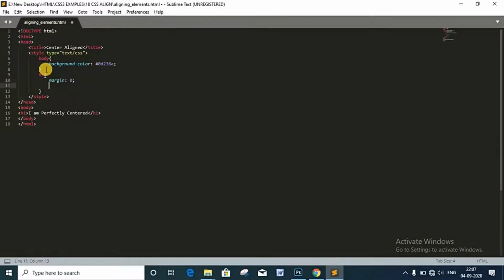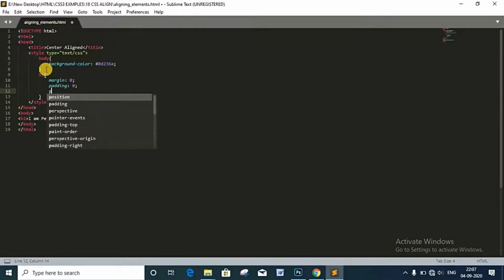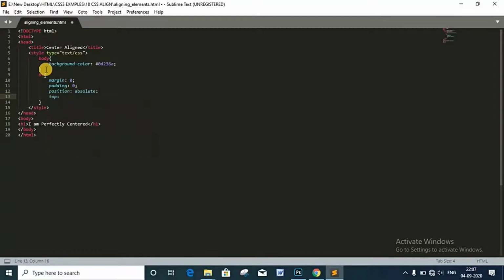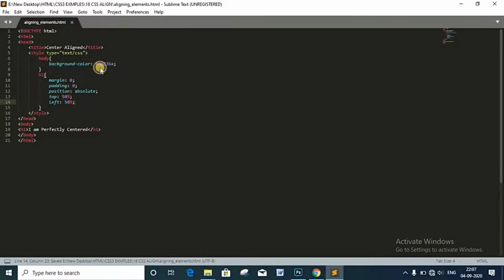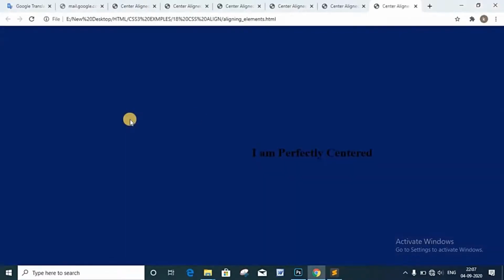Margin 0, padding 0, position absolute, top 50%, left 50%, and let me save this and open it in the browser, and you can see it is centered but